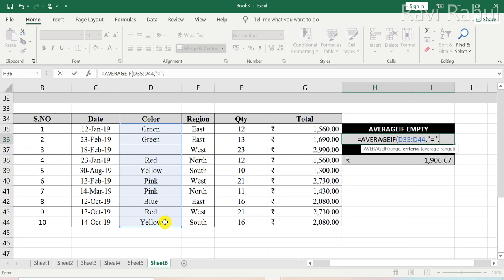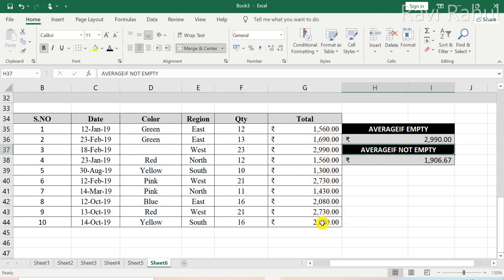Okay, hit in the comma, and then total sales made by the empty cell, average of that. Close it, hit the enter key, and you see you have only one cell that is empty, and it is 2990. Suppose I have one more, let me delete this red, and we will have then two cells that are empty, and it will calculate that.